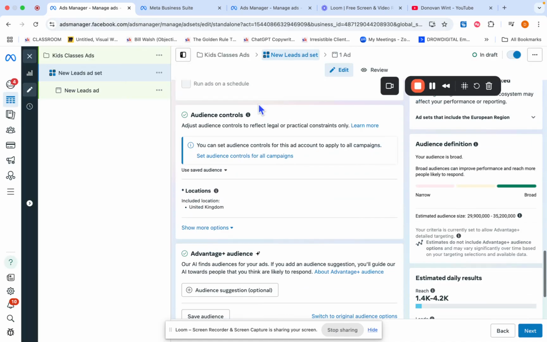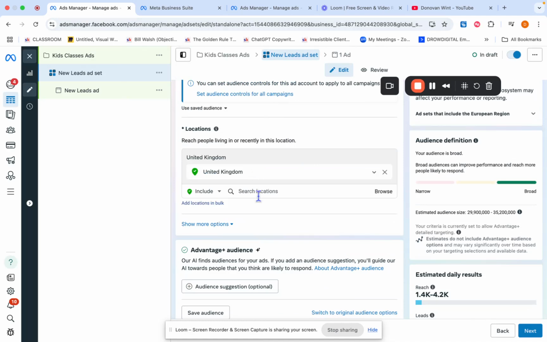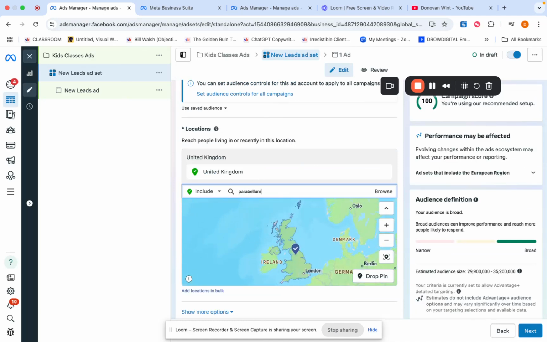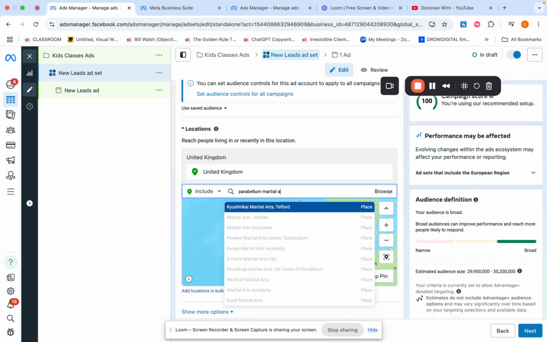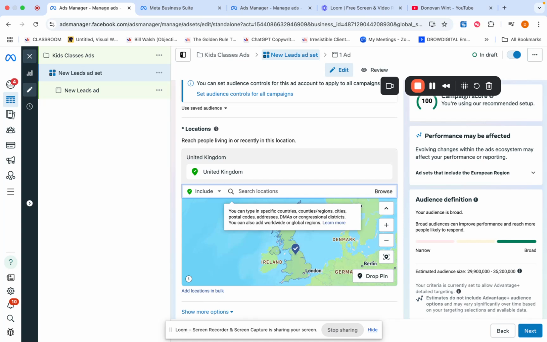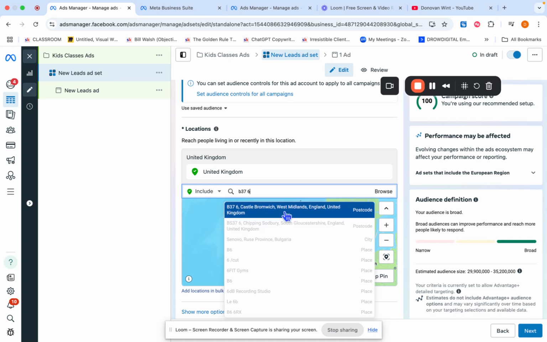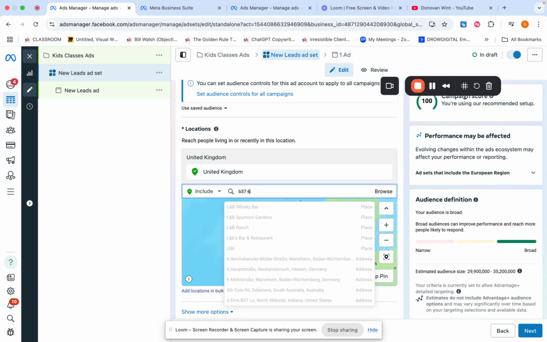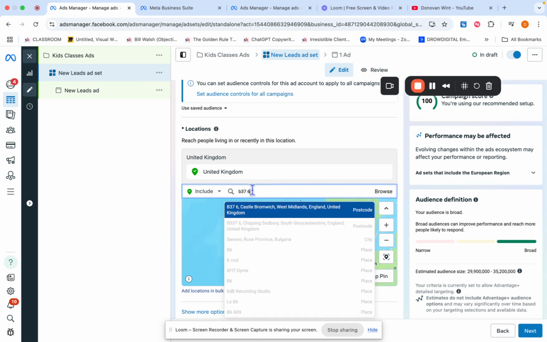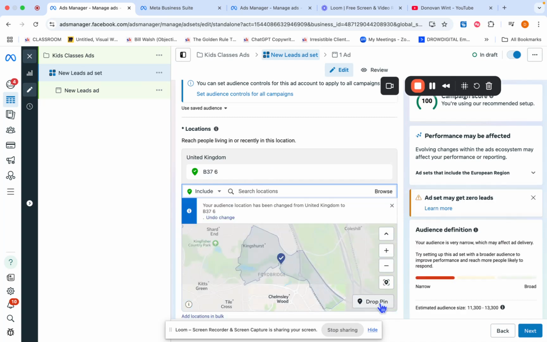Cool. So we're going to choose £5 budget. Next thing we're going to do is we're going to choose a location. So I'm going to type in Parabellum Martial Arts and see if it comes up. It hasn't come up. So the next thing that I would do, if your club doesn't come up, is just type in the postcode of your club. Now, I don't know what Darren's postcode is, so I'm just going to type in B376 because I know that postcode. Now, key thing when you type in the postcode, if you type in the full postcode, it won't come up. So on Facebook, for some reason, we have to type in the first 4 letters or numbers, and then it'll come up, and then we can click on it, and then we can click on drop pin, and then